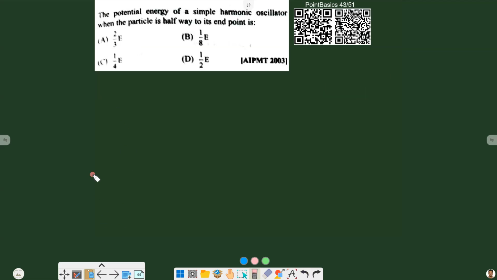Next question. The potential energy of SHM when the particle is halfway from its endpoint. So the particle is halfway, or we can say the displacement is half of the amplitude, and we have to find its potential energy. Potential energy is given by half kx square, or it will be equal to half k a square by 4. Now here the answer is represented in terms of E, where E is the maximum energy,